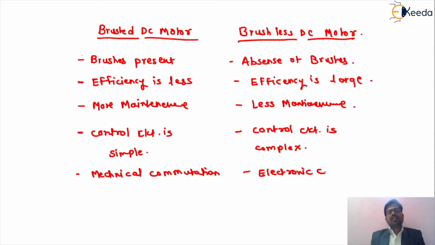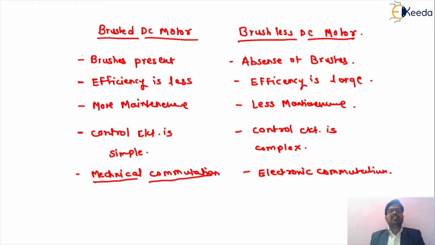In a DC motor, the generated EMF is basically sinusoidal according to the fundamental laws. That AC EMF is converted by the commutation; the mechanical commutation converts that alternating quantity into a DC quantity. But in the brushless DC motor, we use electronic commutation, because we provide a semiconductor control circuit. So the commutation provided in the brushless DC motor is electronic commutation.